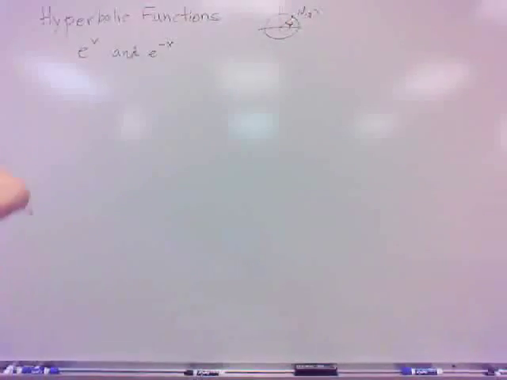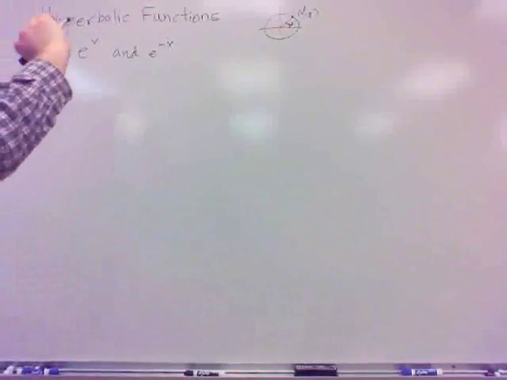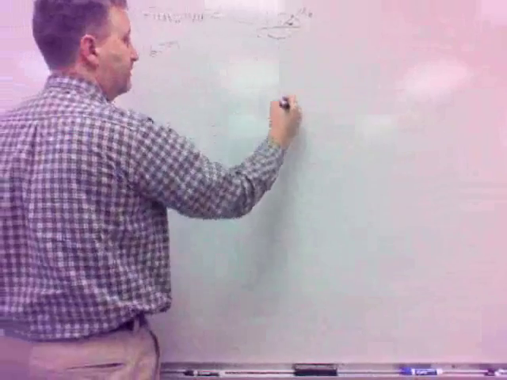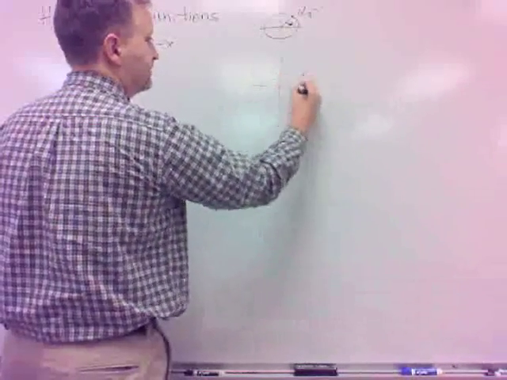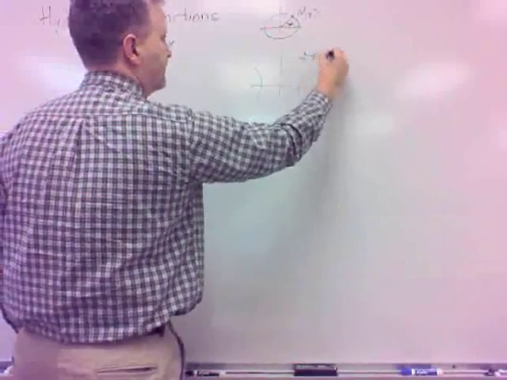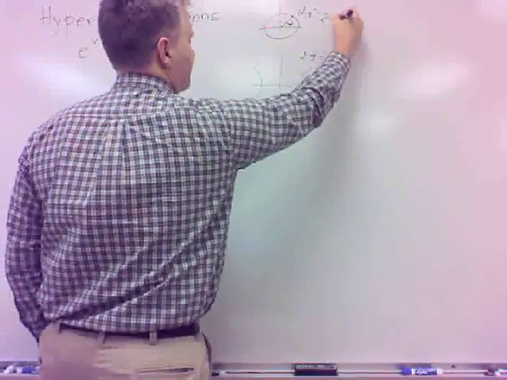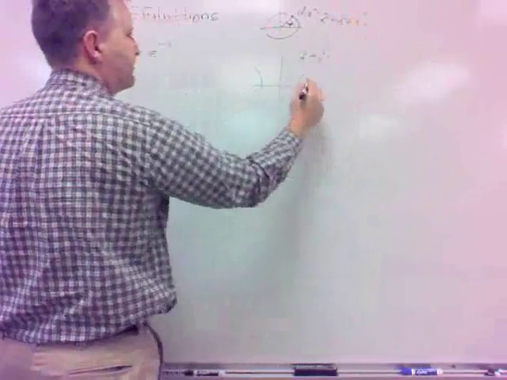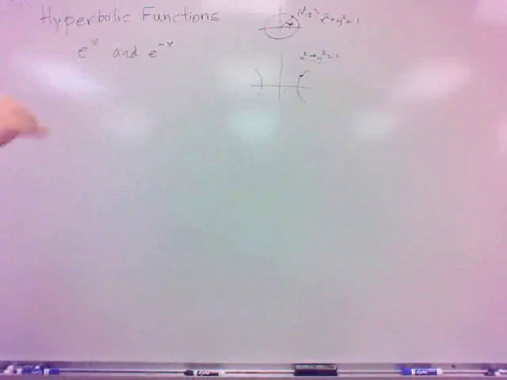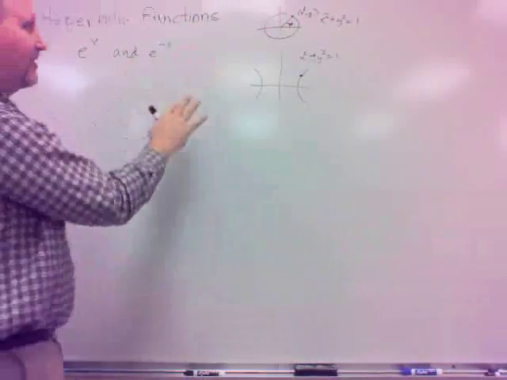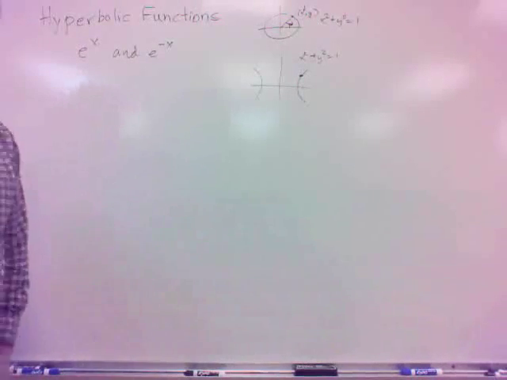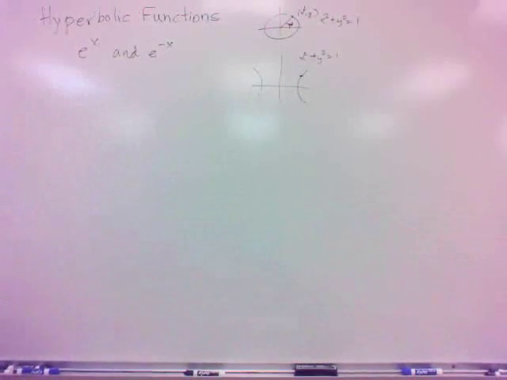Okay. Well, the hyperbolic functions have the same relationship, but with the hyperbola. The unit hyperbola is x squared minus y squared equals 1. This is x squared plus y squared equals 1. The x and the y play the same sort of role. So that's why they're called hyperbolic functions. They're from the hyperbola. But anyway, all that said, there's a